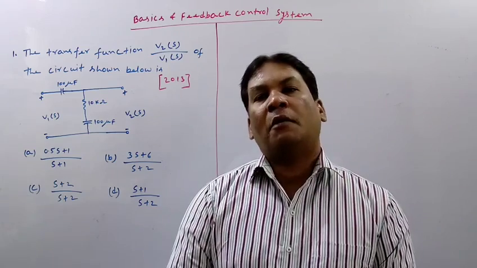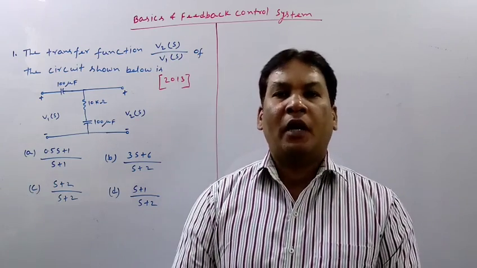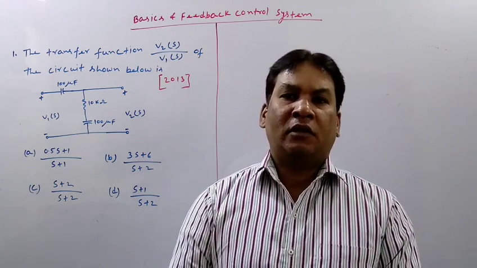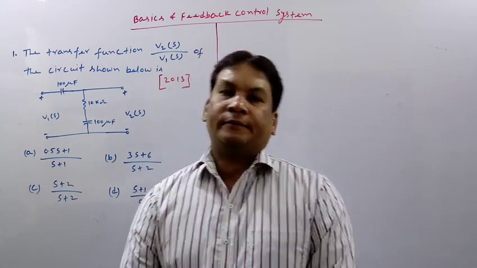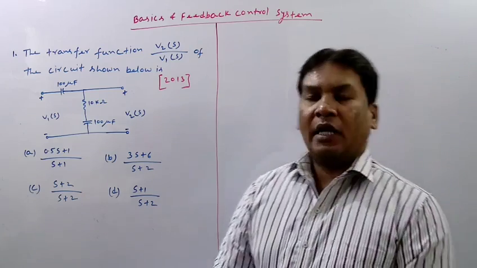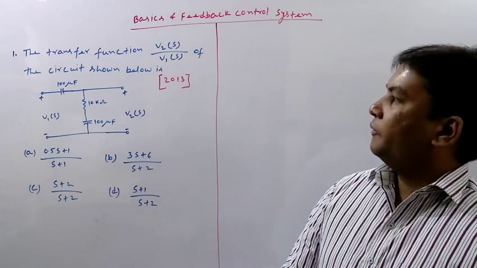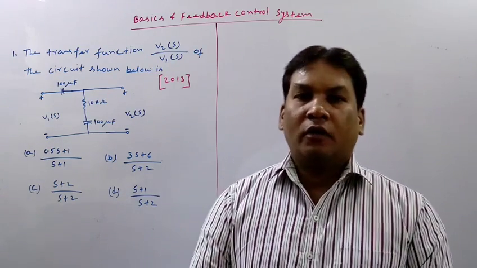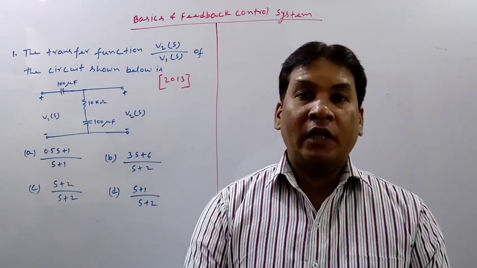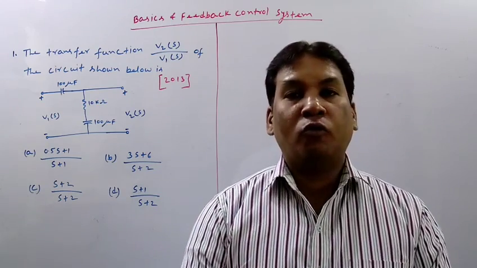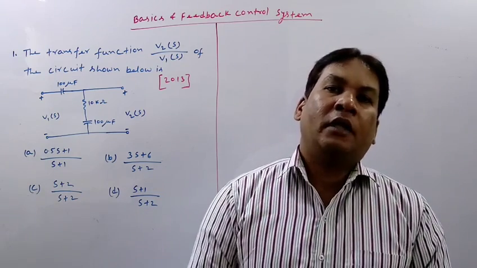Suppose we want our bike to pick up a speed of 100 km/h within 10 seconds, then we also need some sort of control for that. So in each and every aspect of our life, in each and every field of our life, we need some type of control. Sometimes we control manually, sometimes we control through some machine, sometimes we control through some software.